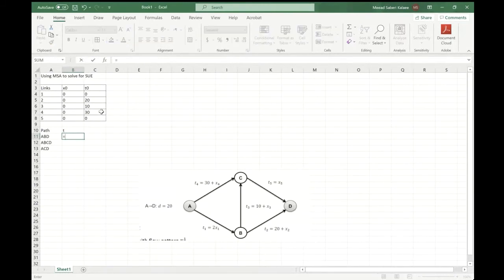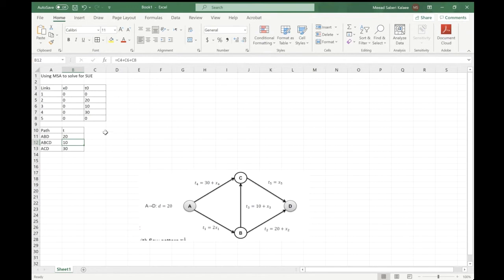What would be the travel time of path ABD? It's actually T1 plus T2. ABCD would be T1 plus T3 plus T5. And ACD would be T4 plus T5, right? So these are the travel times. And yes, they look correct. And again, I don't care about which one is the shortest path anymore. What I can do is I need to apply